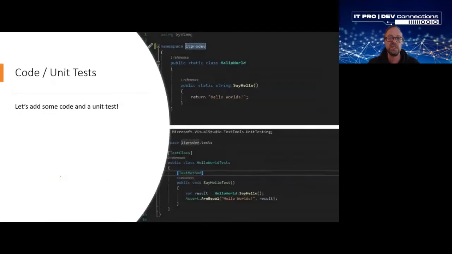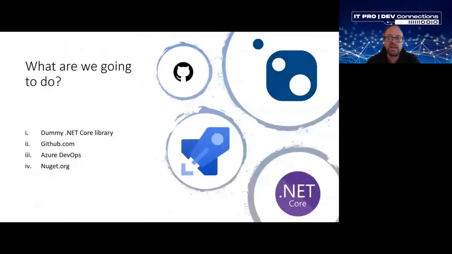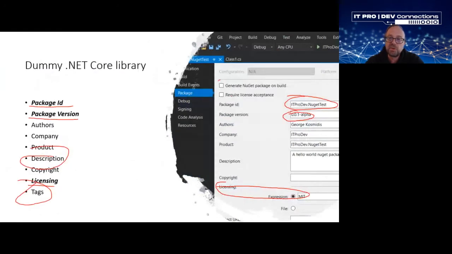So what we're going to do as a first step, we are going to create a dummy project, a Hello World project. And as I see here, it's a Hello Worlds project for some reason. Anyway, we're going to create this project and we're going to add these properties and then test it. There is, let's go back here, a checkbox here that will allow us to actually build a NuGet package and test it before we actually get into that process of